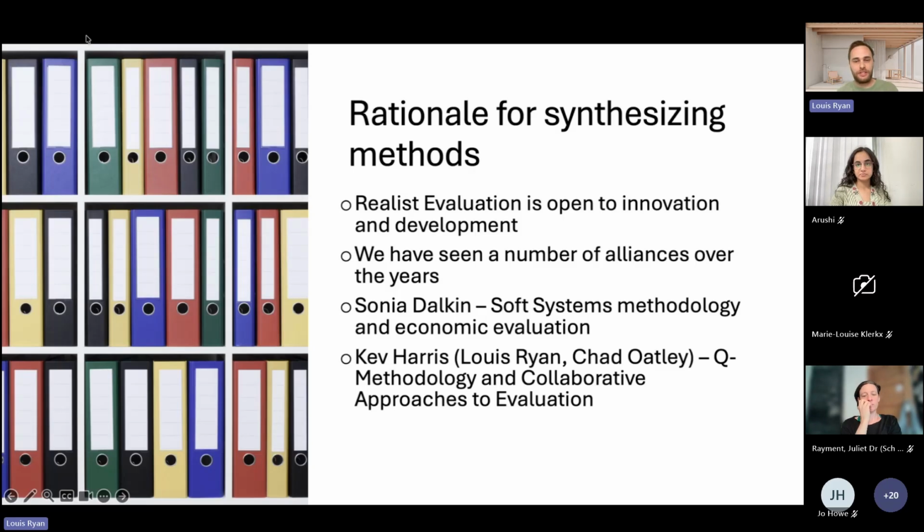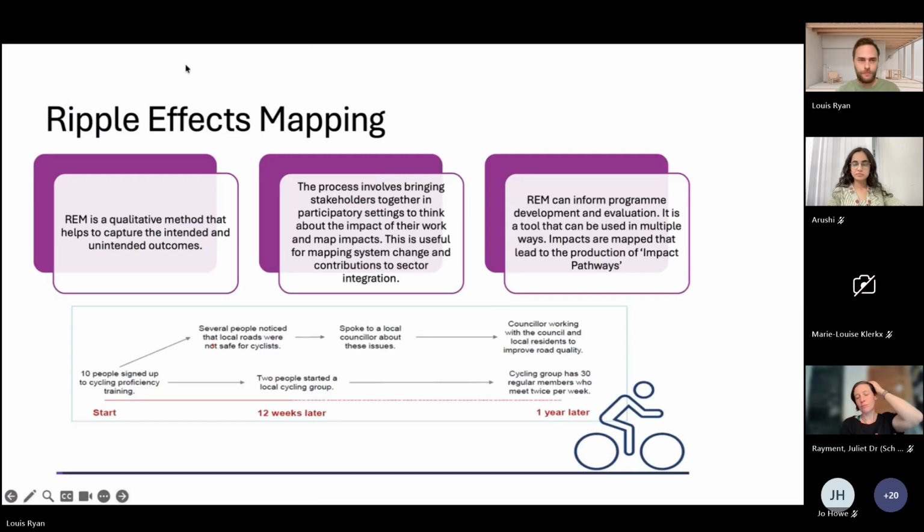So obviously referencing here Sonia Dolkin, soft systems methodology, economic evaluation, and then Kev's work and similar colleagues around using Q methodology and evaluation, as well as collaborative approaches to evaluation. So realist evaluation has that potential to use it with multiple methods where appropriate.